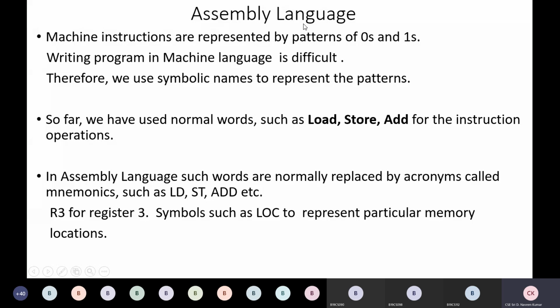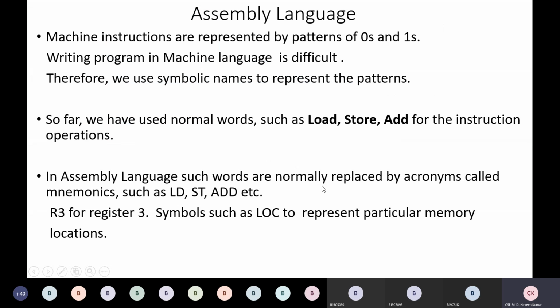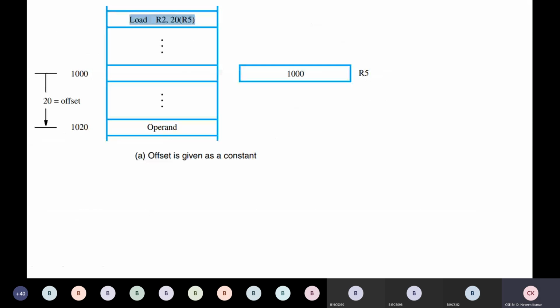So next is assembly language. We already saw these statements, which are all in assembly language. Why do we have assembly language? The computer understands only which language, students? Does it understand high level language? Machine language. It will not understand high level or assembly level language; it understands only machine level language, which is in terms of zeros and ones.